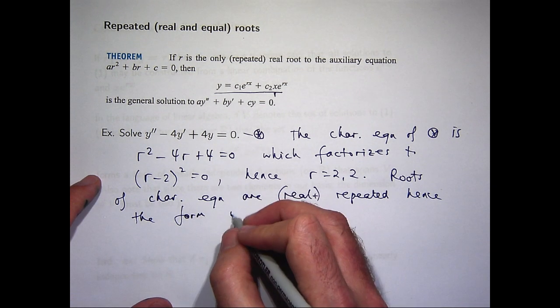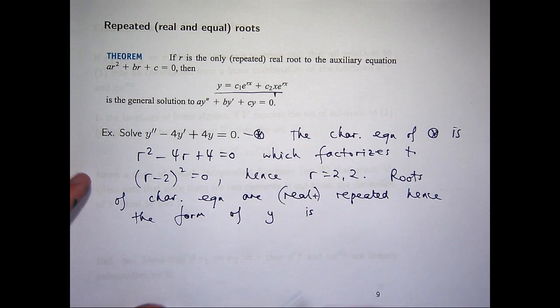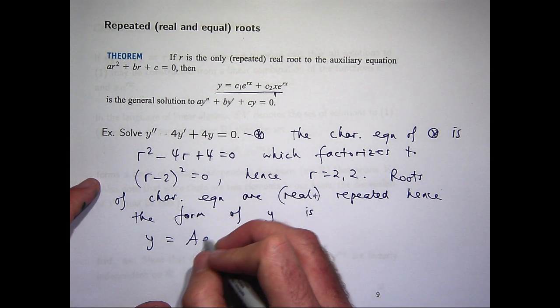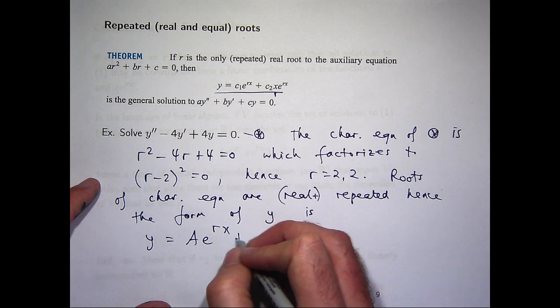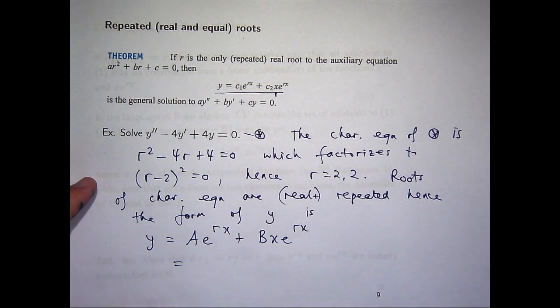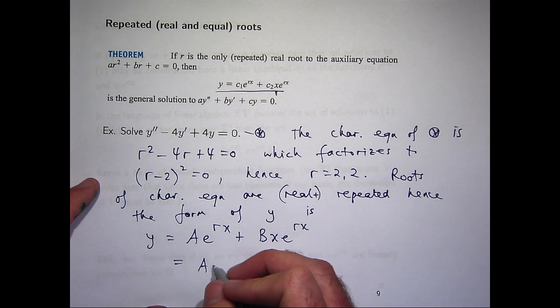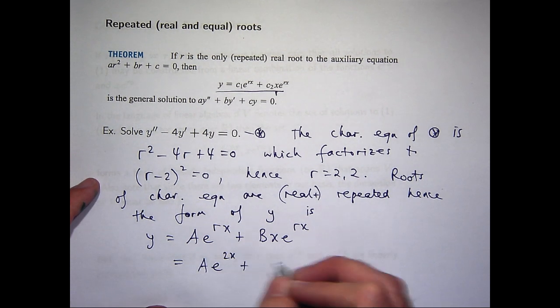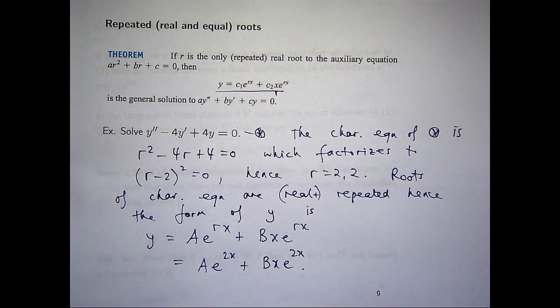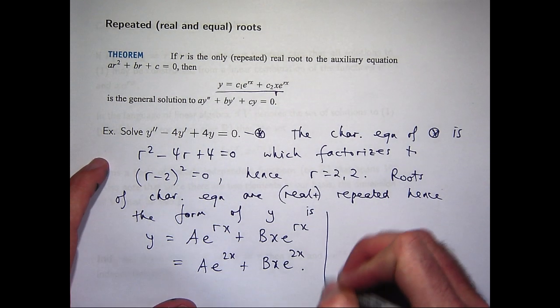Hence, the form of y is the following. So I'm just going to use big A and big B. So what will we get? We'll get something like A e to the 2x plus B x e to the 2x. Okay? Now, if you wanted to verify where this solution comes from,